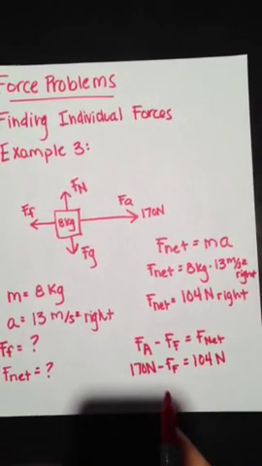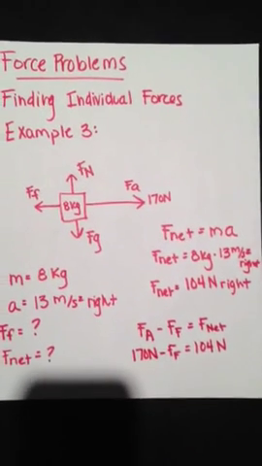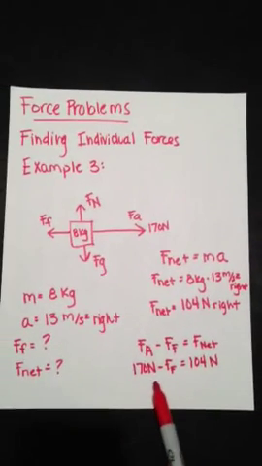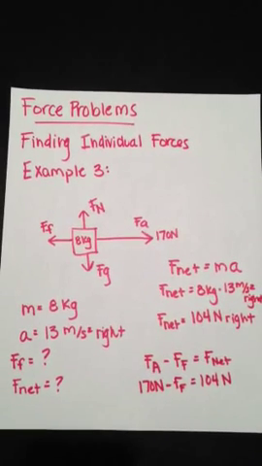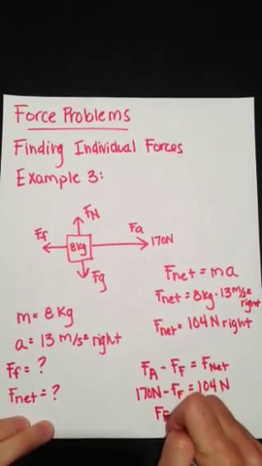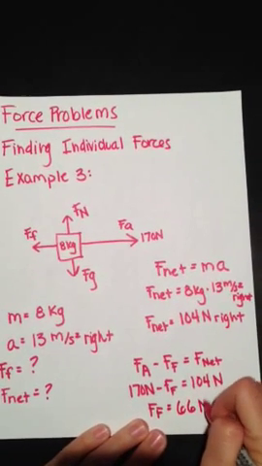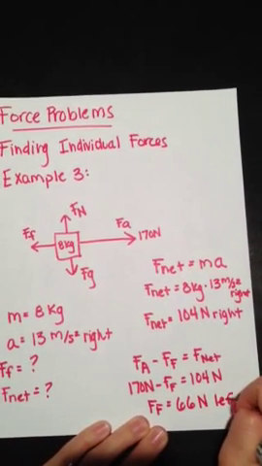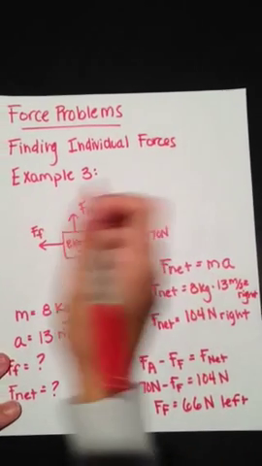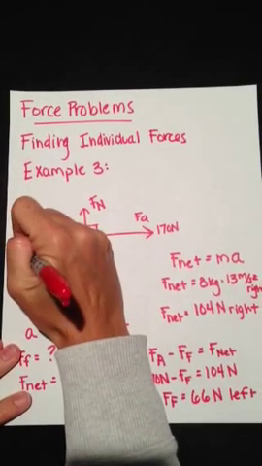So if that's the case, I just need to solve for force of friction. If I subtract 104 from both sides, I should find that my force of friction is 66 newtons, and that is to the left. So if I put that back in my